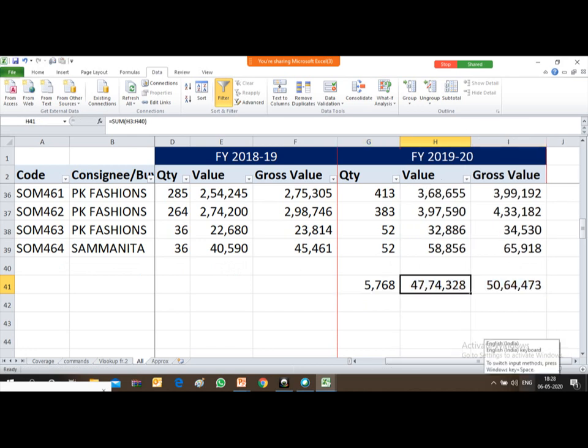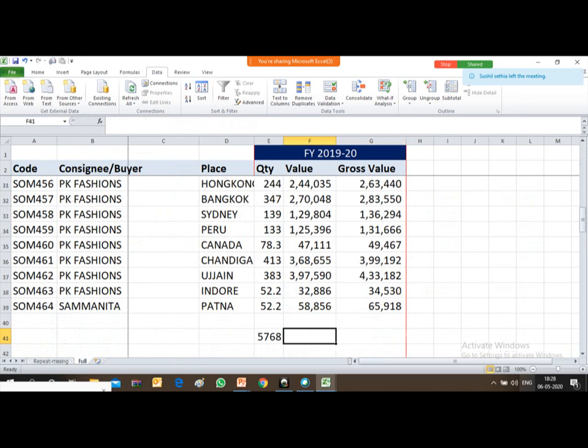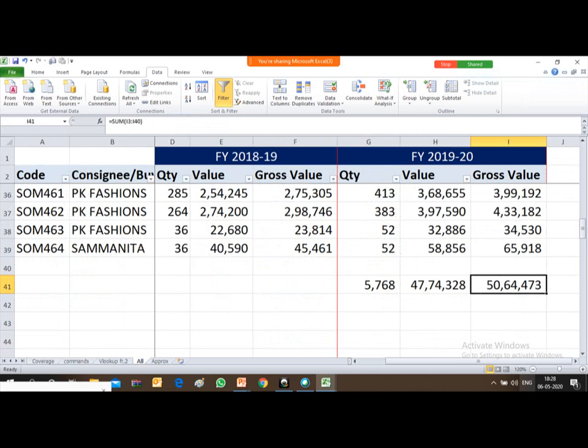You see here totally appearing 47 lakhs 74,000. In this column also you see whether the same value is appearing of the total or not. 47 74 328, and here 50 lakh 64 473, 50 lakh 64 473.